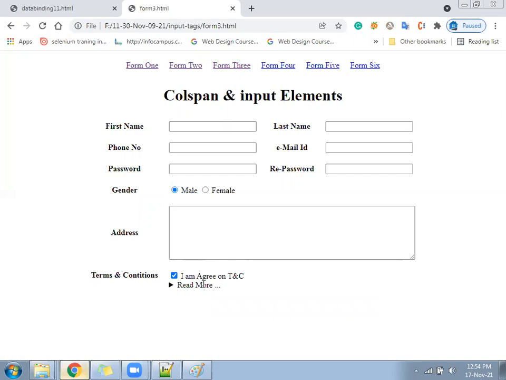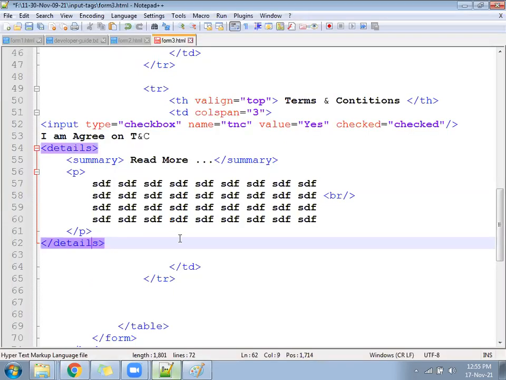Is the read more, read less collapse expand feature working? Okay, some 7-8 people said working.